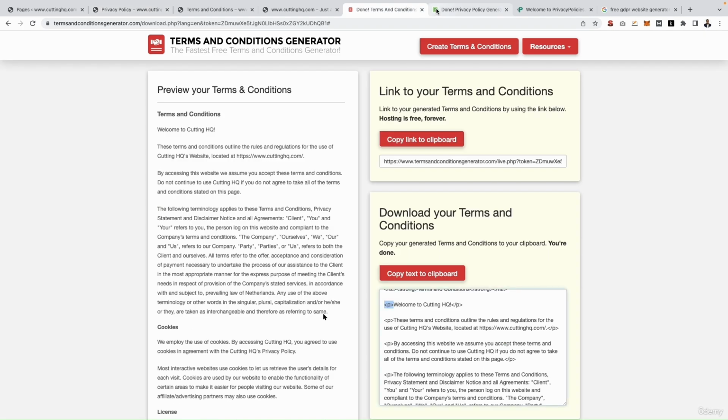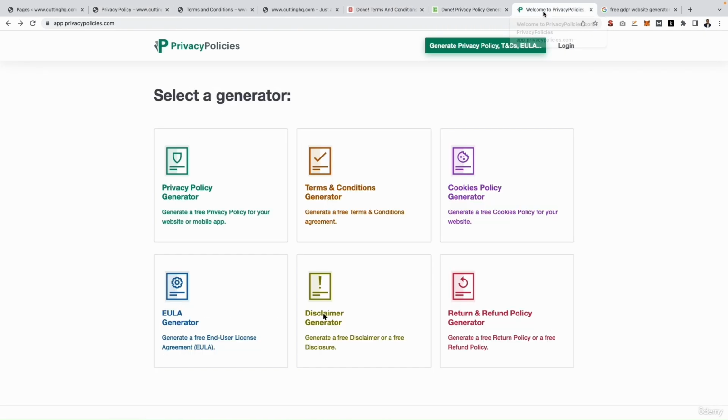If you do not want to use these free generators online, then this is a website I recommend you use. It's called app.privacypolicy.com. I will link to this in the resources as well, but this is a really good solution which is custom to your specific business and website, and it is a paid solution. I believe the prices are around $60 per one you generate,